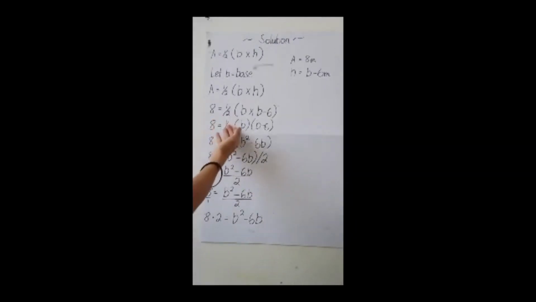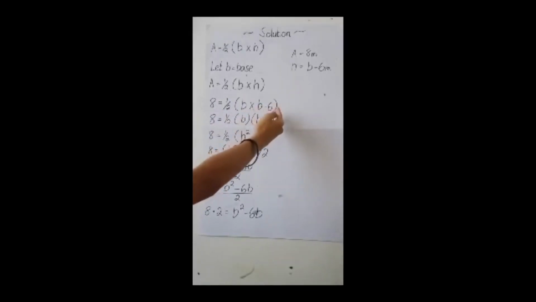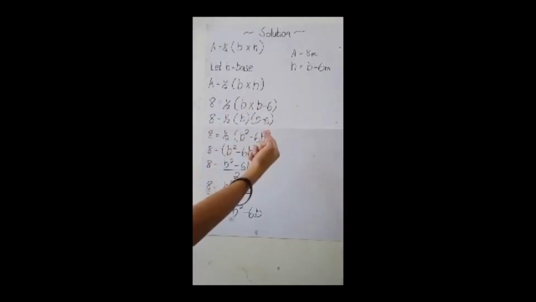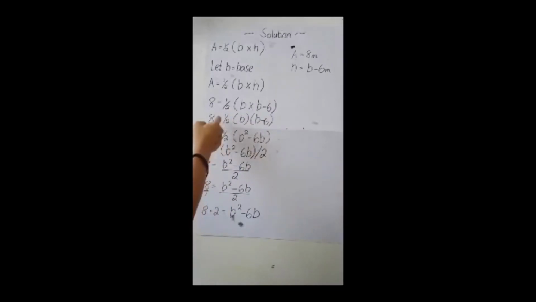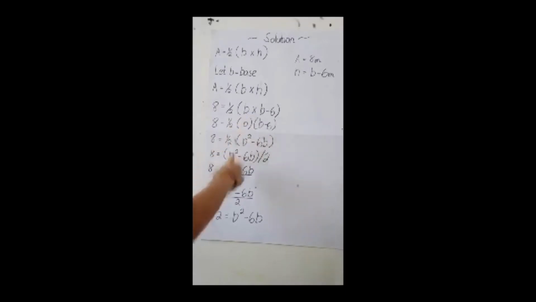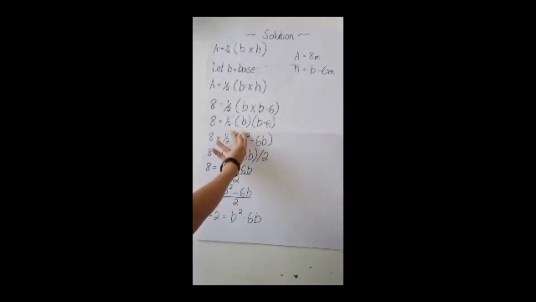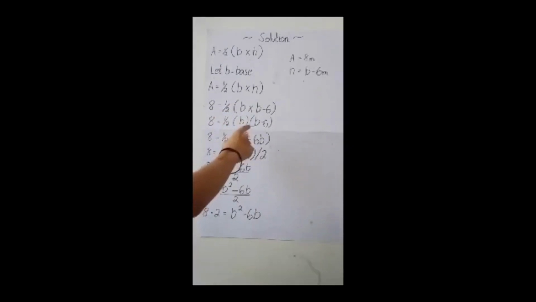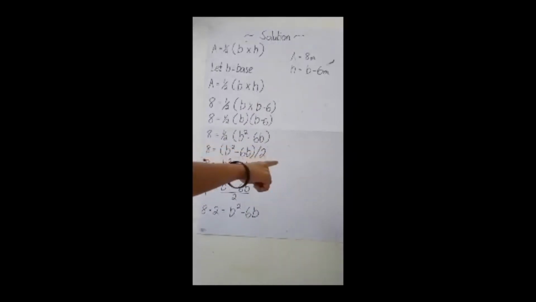8 equals 1/2 (B times B minus 6). So now, we need to separate the given values. 8 equals 1/2, open parenthesis B, so now we separated the two given. B times B minus 6. So now, we need to factor out